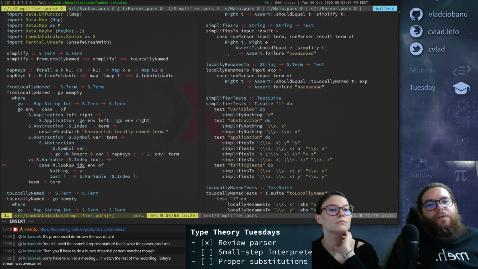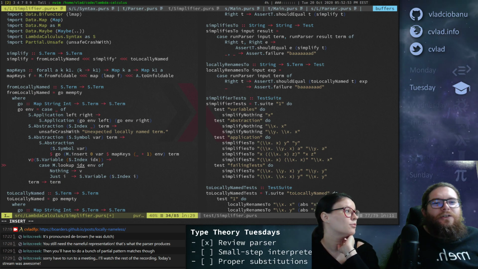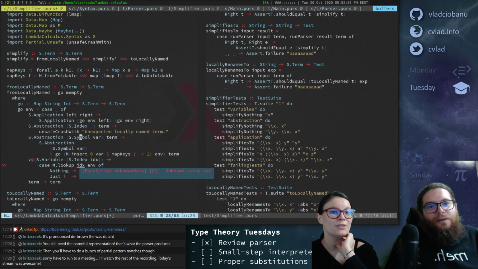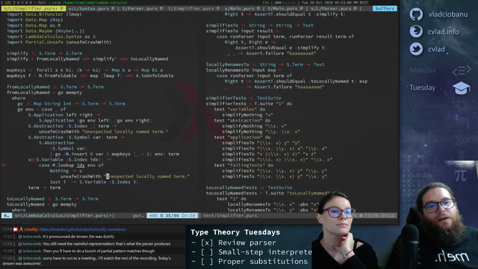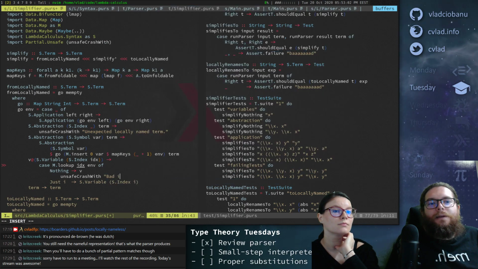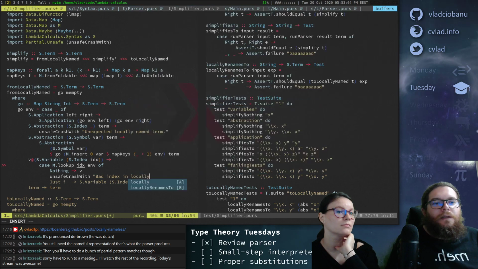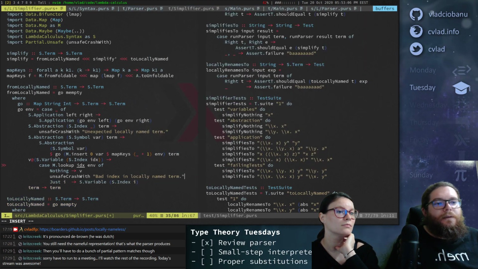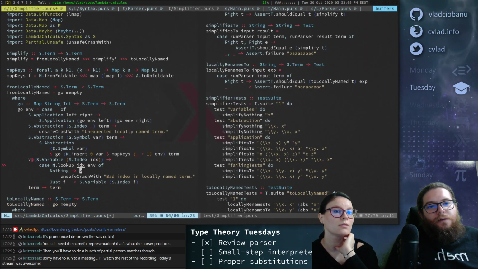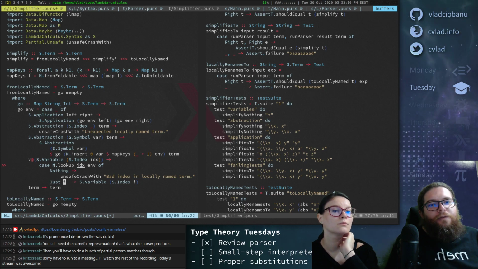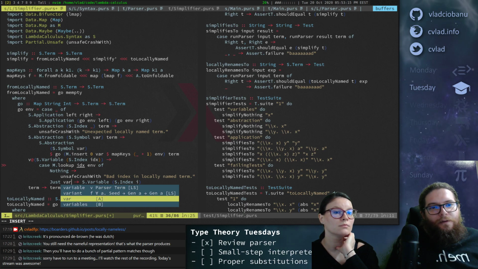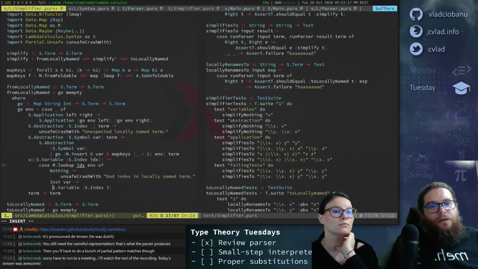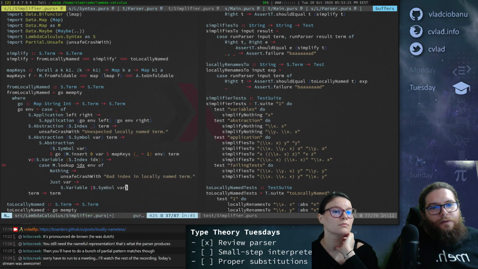Right, so if we don't find it, it should kind of be an error, right? Sort of, right? Like bad index in locally named term, I guess, right? Okay, and then if we find the variable here, right? Then it's symbol this, right? Yeah.